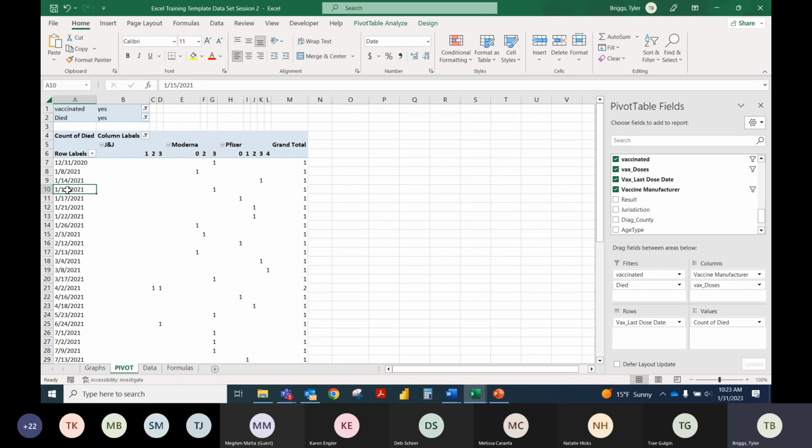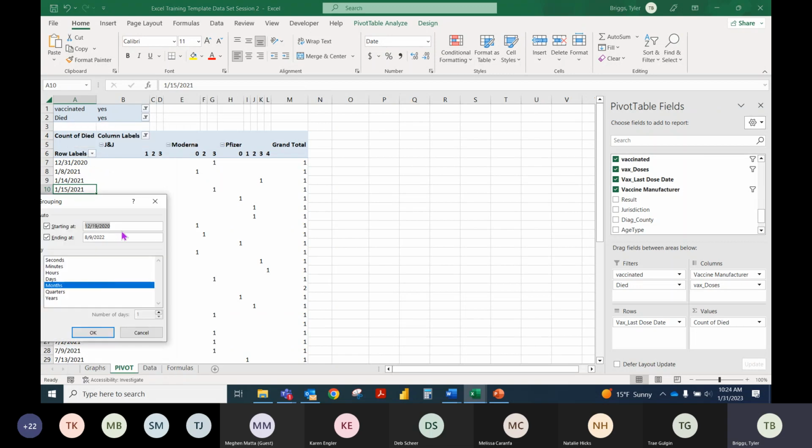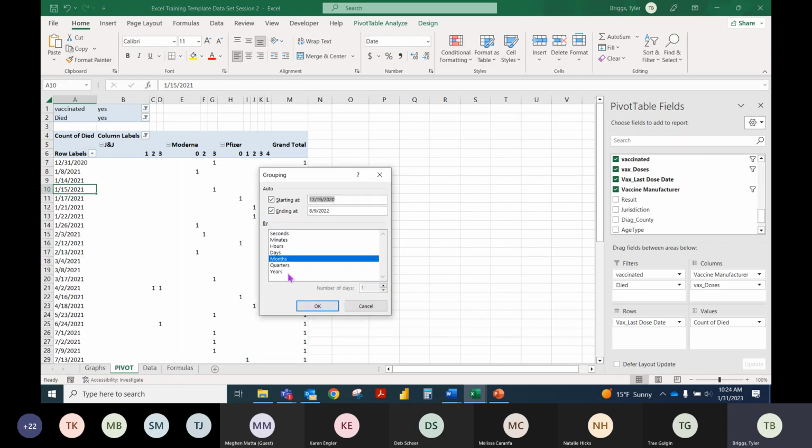You can do this with any variable set, but if you right click within the pivot table on the variable set that you're focusing on, in this example the date of last vaccination dose, and hit group, you can actually select how you would like it to group. So if you have multiple years worth of data, you are unfortunately going to want years and months. You can even start it from a range, so you can have it something like this. And let's say we just wanted the last couple months, so we would do